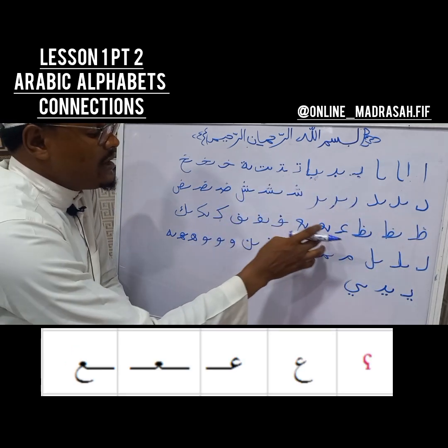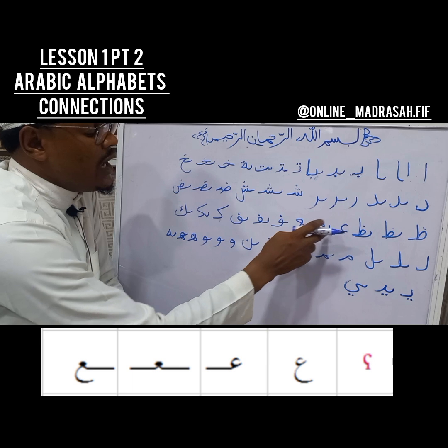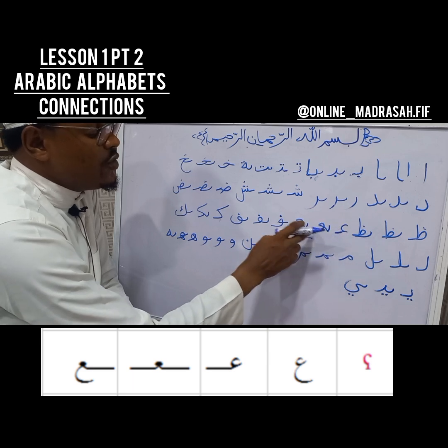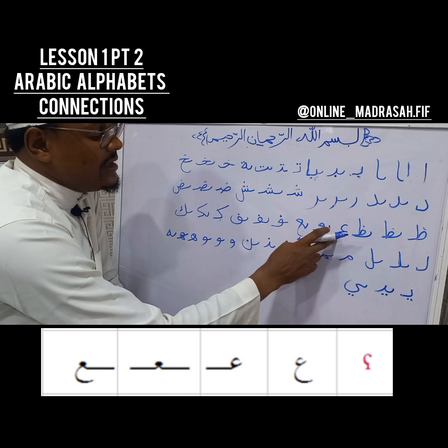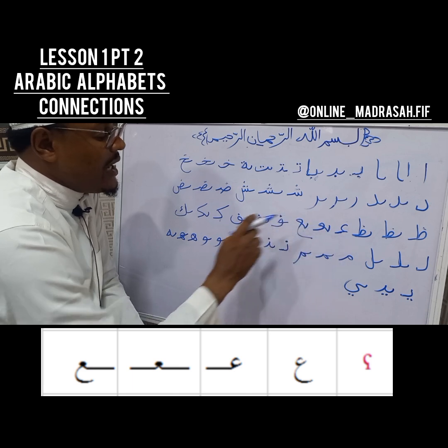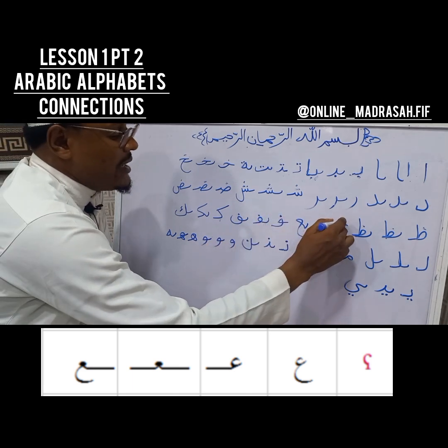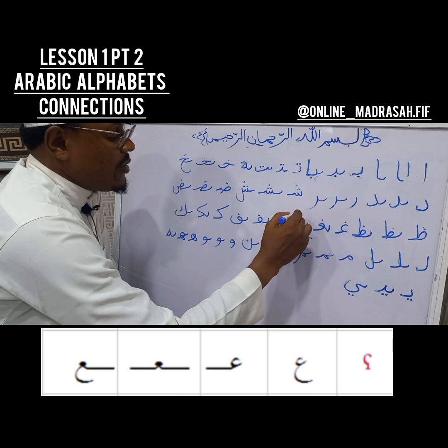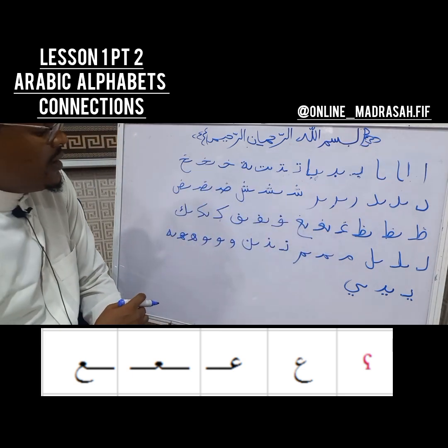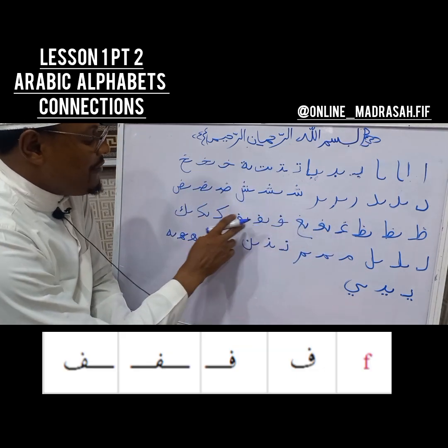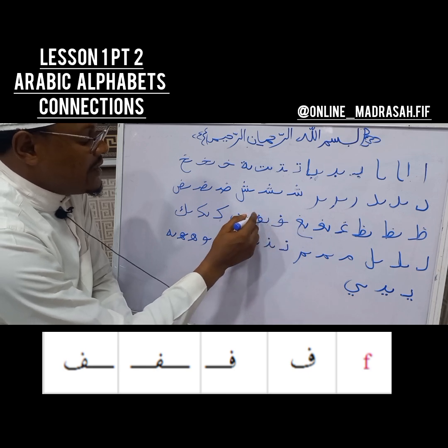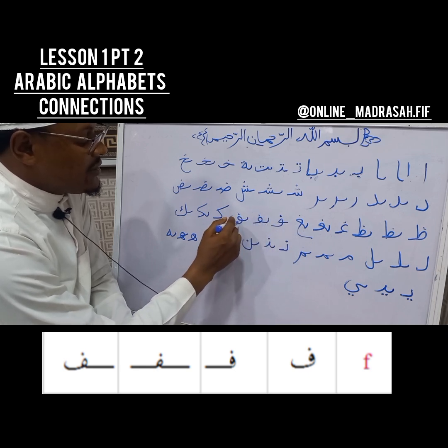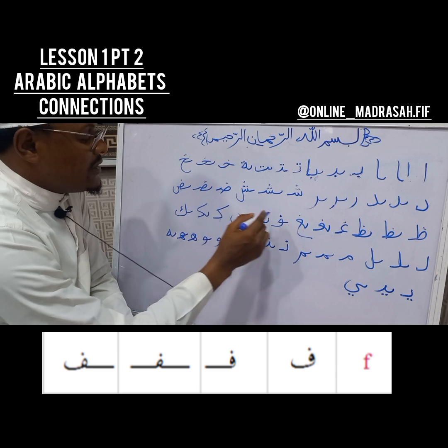Then we have Ain in the beginning, in the middle, and in the end. You can see the slight changes there. This is Ain in the beginning, Ain in the middle, and Ain in the end. Same thing applicable to Ghain, one dot up, one dot up, one dot up. So we have Fa. This is how it looks like in the beginning, when it's in the middle with one dot, and then in the end with one dot. Same thing applicable to